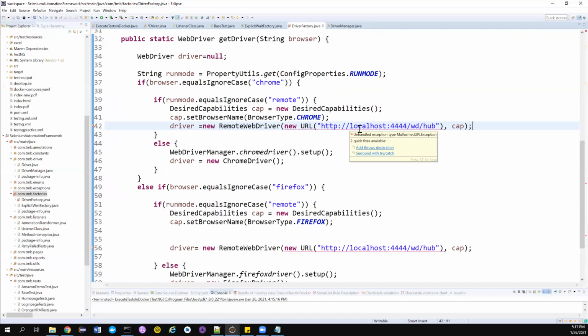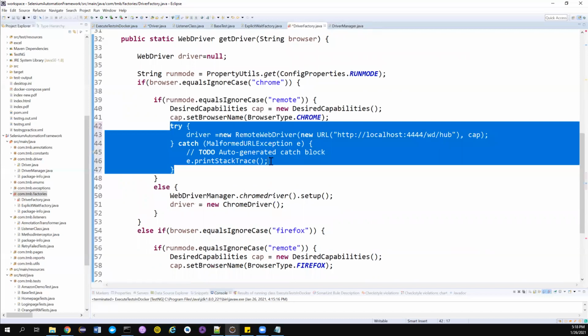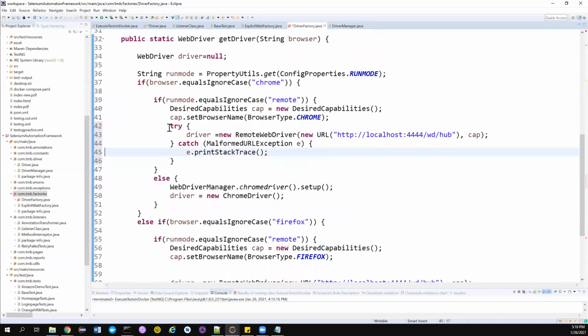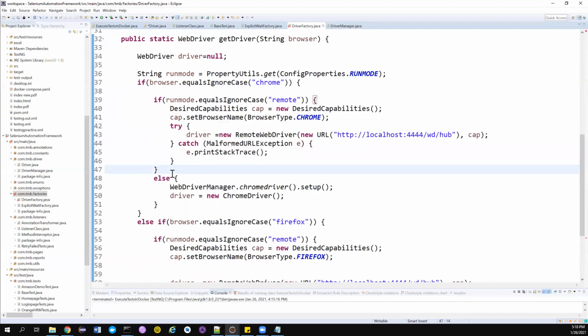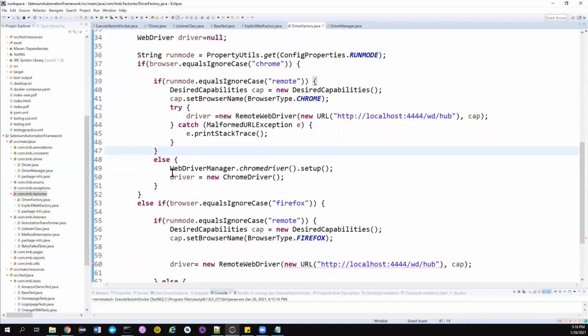When we throw an exception, it will be propagated back to the caller method, and your program will terminate. But we already understood this is not a good practice, to directly propagate to the caller method. Instead you can do a try catch and then handle it. So I'm doing a try catch here. If I do a try catch, what happens? Even if the code is wrong, suppose there is a malformed exception, the exception will be handled and the program will try to proceed to the next step.